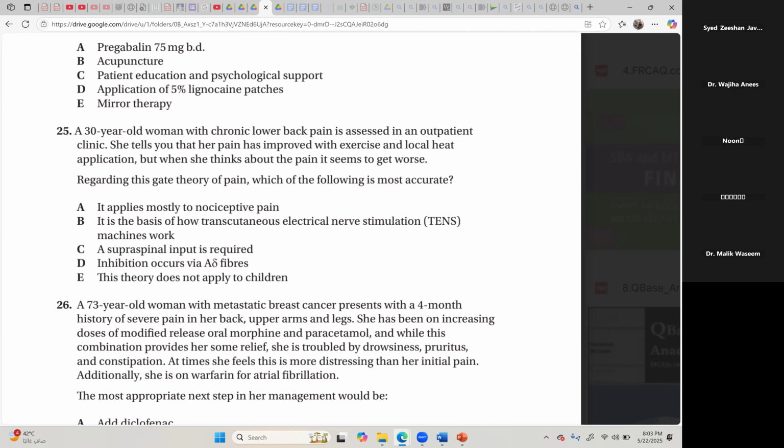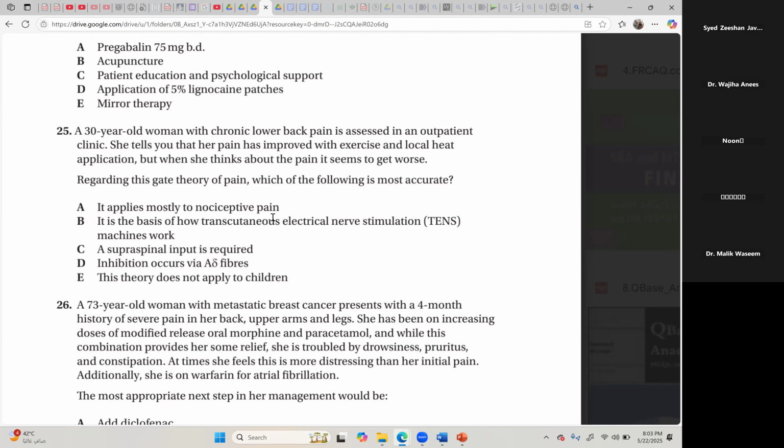Sir, I think it's fibers of vibration and touch. B, what are the fibers? B for big, if you forget, B for beta, A beta fibers. Okay, so it will inhibit A delta fibers. So that is, I think, the answer. In this question, it applies mostly to nociceptive